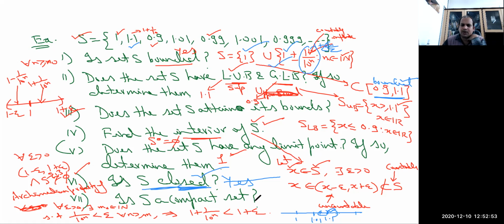So from the Archimedean property of real numbers, whose proof I have already discussed, this set is going to be compact. Closed and bounded sets are compact in R, or subsets of R, with respect to the usual distance. So this set is going to be compact, using Heine-Borel theorem. So the answer is yes, using Heine-Borel theorem. So give a reference of Heine-Borel theorem.